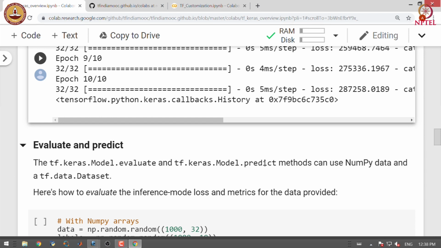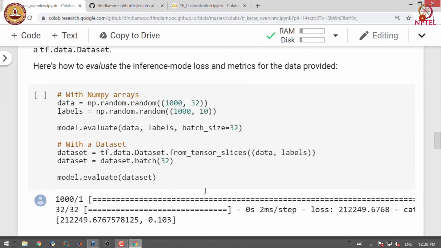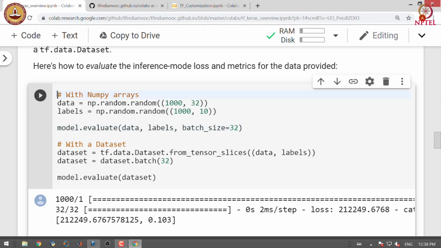We use the evaluate method for evaluating the performance of the model and the predict method for inference. Here we use the evaluate method to find out the loss on the training data.